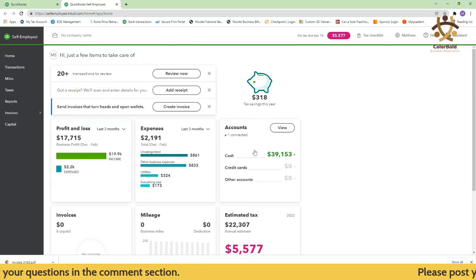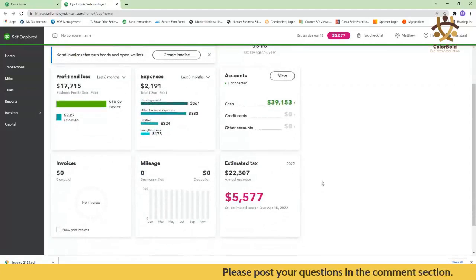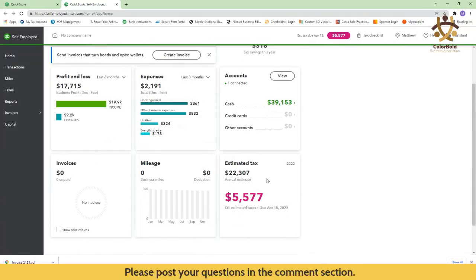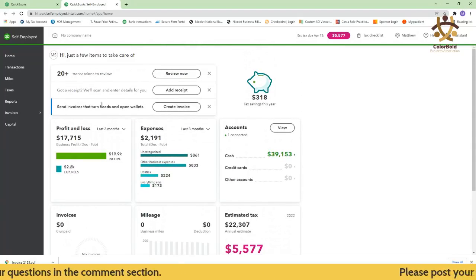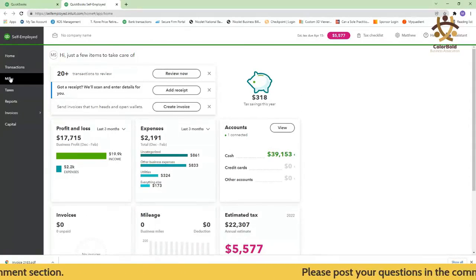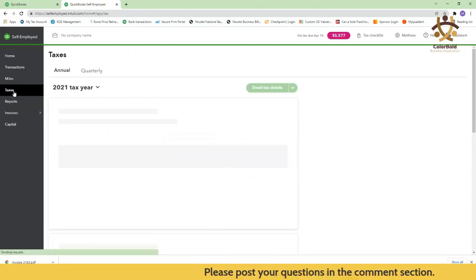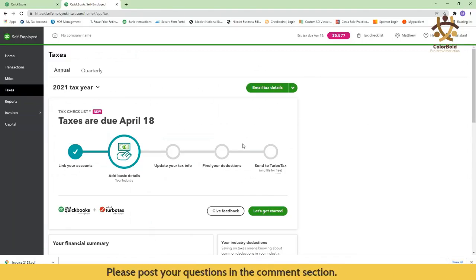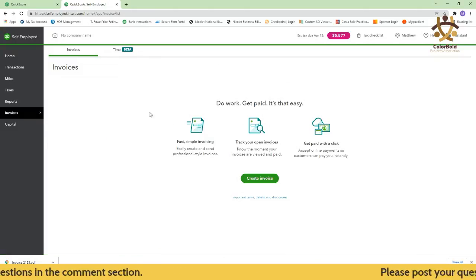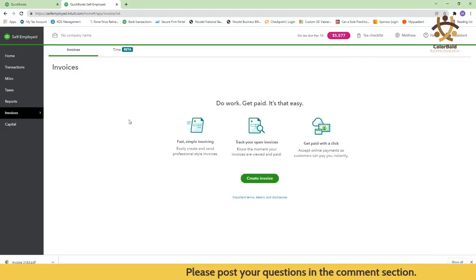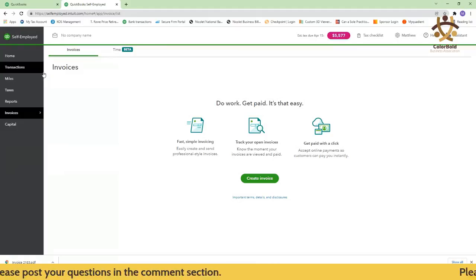So this is where it's more geared towards doing your Schedule C. You can see that it gives you some tiles here, so you can see information, your expenses, your profit and loss, estimated tax that you're going to have based on your profit and loss that you've had for the year, your balance of cash. And then over here, you can track your miles. You can keep track and pay taxes directly through here. And then this person doesn't actually send out bills, but this is how you would invoice people. You'd invoice them through here. So you would create a customer invoice, and I'll show you a little bit of that on the other screen.